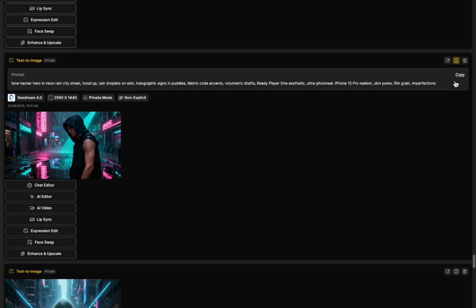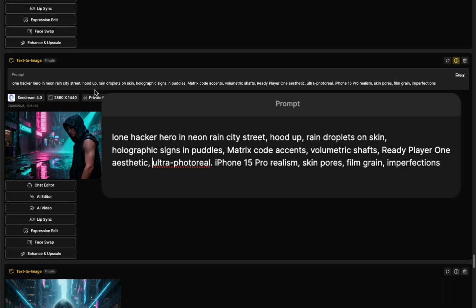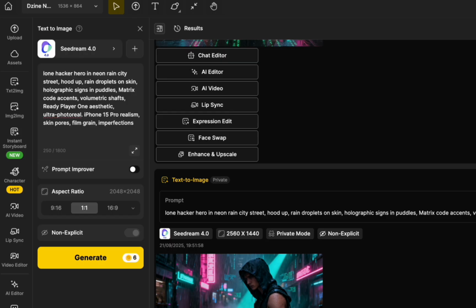And this is the prompt here: lone hacker hero in neon rain city street, hood up, rain droplets on skin, holographic signs in puddles, matrix code accents, volumetric shafts, Ready Player One aesthetic, ultra photoreal, iPhone 15 Pro realism, skin pores, film grain imperfections. So that was just pasted into the prompt there on SeedDream 4.0. And make sure you have the prompt improver turned off unless you want it to help you to improve the